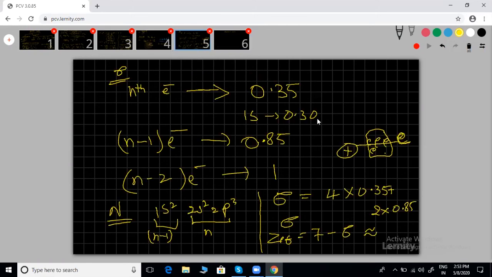So I told you very clearly here, we are calculating with respect to one electron. Only the remaining can act as screen. So I need to calculate the Z effective with respect to the last electron. All the remaining inside electrons are going to act as screen. If you are considering that one also, then with respect to whom are you going to calculate? You can't. So the last electron you have to leave.